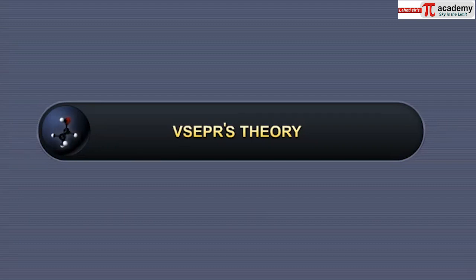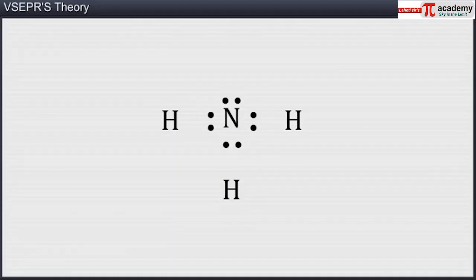In this module, you will learn about the valence shell electron pair repulsion theory. Lewis' concept does not explain the shapes of molecules. In 1940, this drawback led Sidgwick and Powell to come up with a theory to determine the shape of a